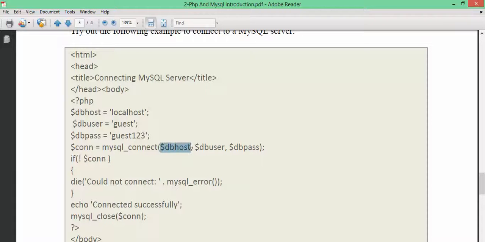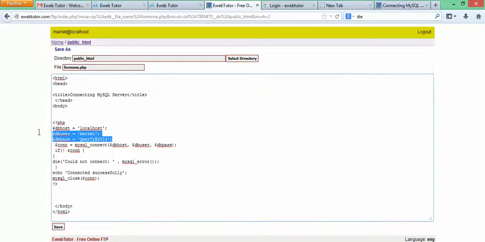The first parameter is where you must input your host, and we have said that our host is localhost. That's why we created a variable, named it dbhost, and put localhost inside it. The second parameter must be the username. That is the guess. And the third parameter must be the password. That is this. So if I don't want to use variables to hold all these things,